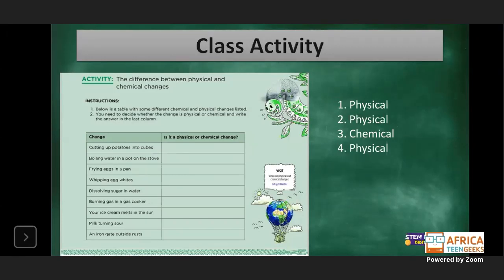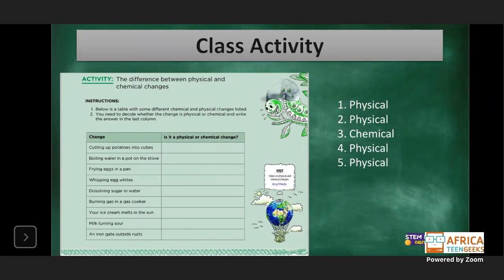And then dissolving sugar in water, is that a physical or a chemical change? Dissolving sugar in water. Yeah, I see chemical. Okay, I see Mike says physical. Tyrese also says physical. All right, let's see the answer to this one. So guys, it is a physical change, and I do understand why most of you said chemical, because you